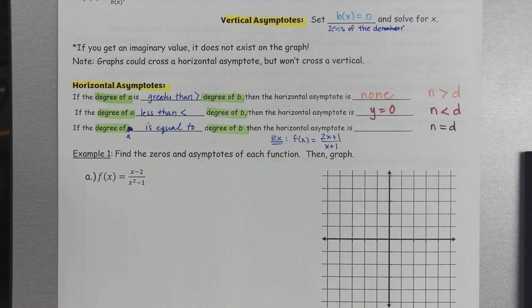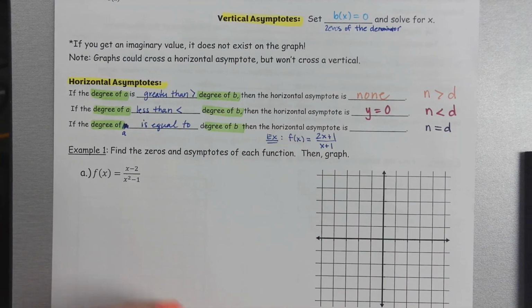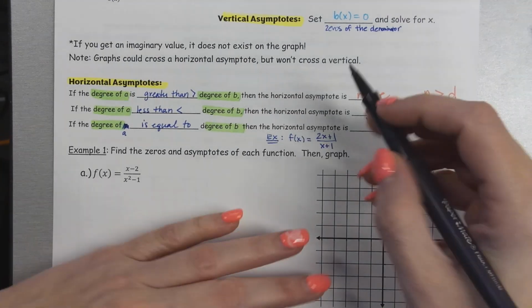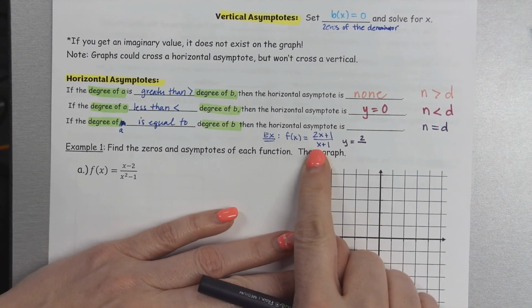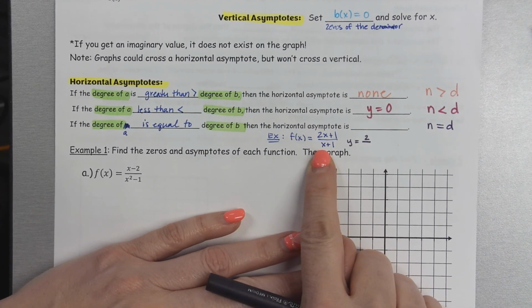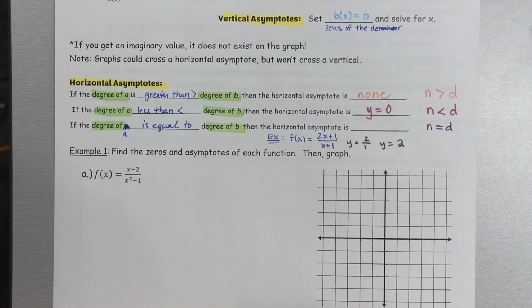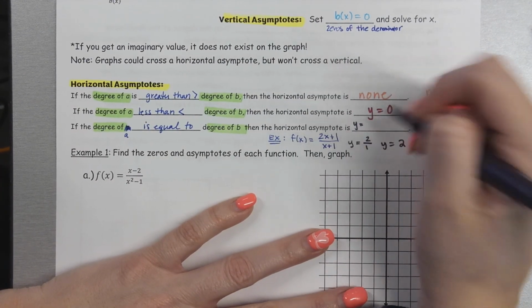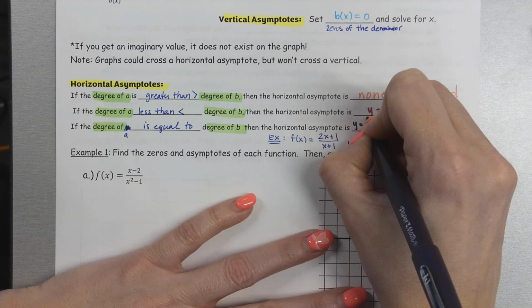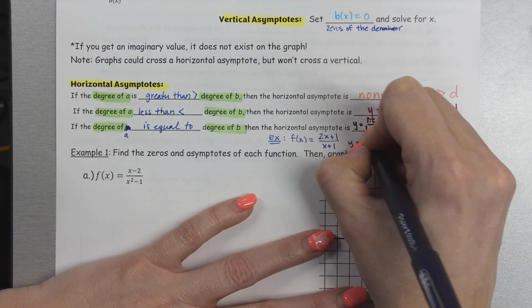Okay, so in the numerator, the leading coefficient is going to be 2. So you would have y equals 2 over, and what's the leading coefficient in the denominator? 1. So it's 2 over 1, so y is equal to 2. The way that we say that is y is equal to the leading coefficient, so we'll just say the LCO of the numerator over the LCO